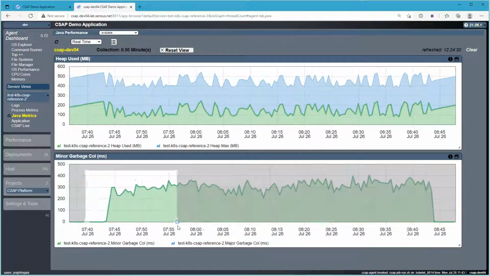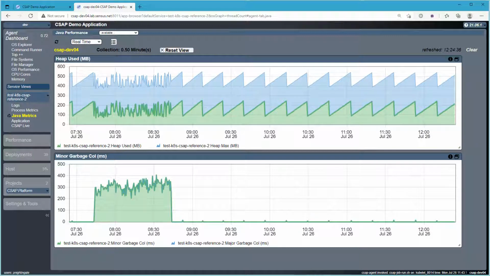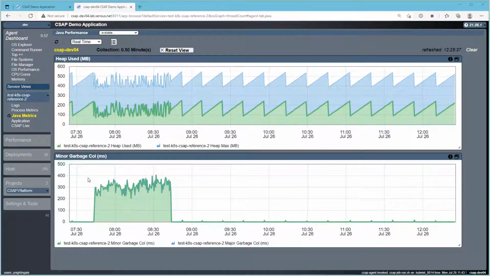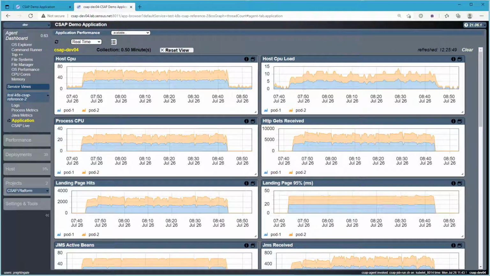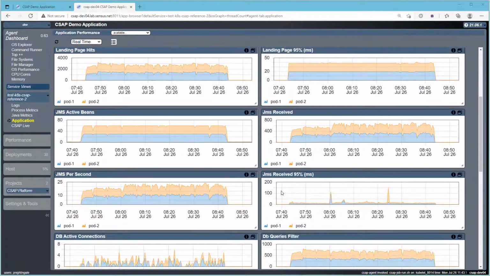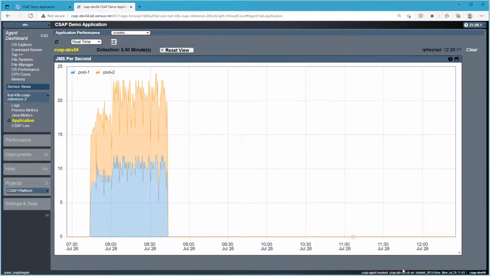And again, we can zoom in on the interesting time period. The application perspective will provide access to custom metrics defined for the CSAP service instance. So for example, if we want to look at the JMS messages per second during the load test,